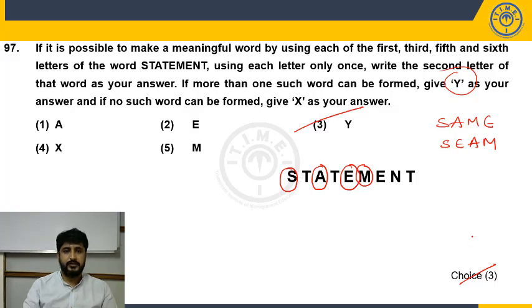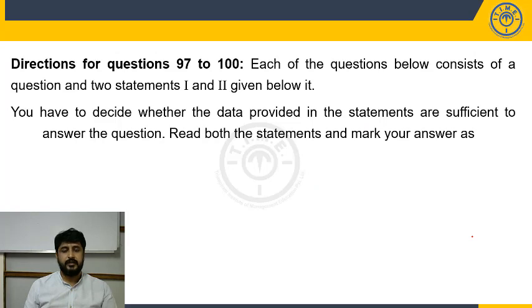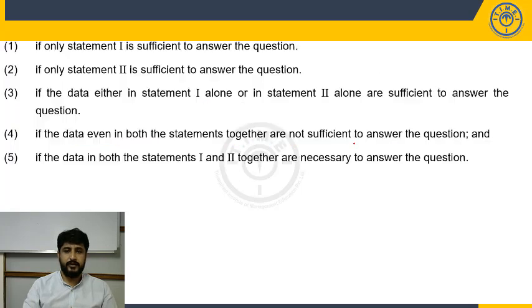Move to the next, data sufficiency questions. Very rarely they will give you data sufficiency in clerical prelims, but you should be ready to face anything. Each of these questions below consists of a question and two statements, 1 and 2, given below it. You have to decide whether the data provided in the statements are sufficient to answer the question. Read both the statements and mark your answer as: